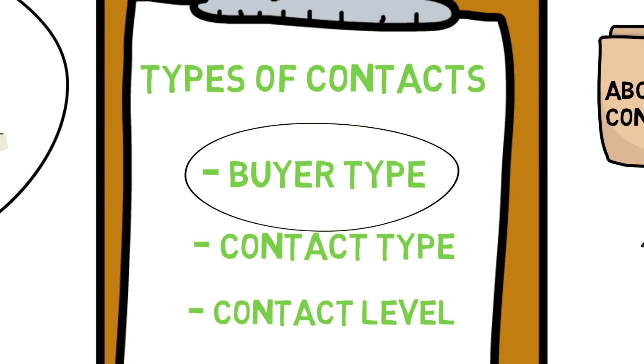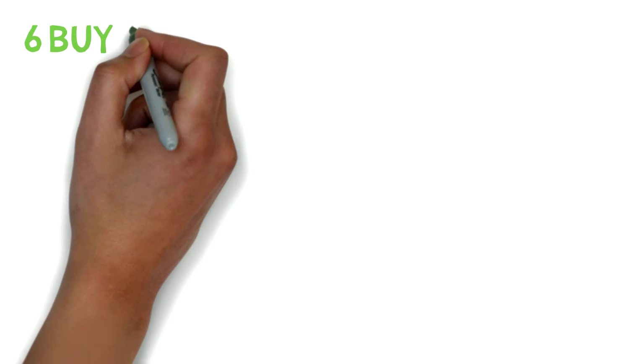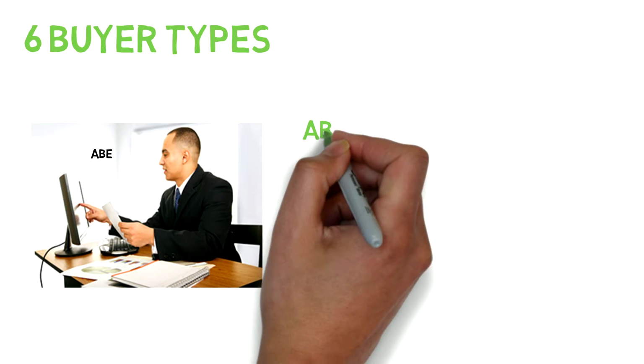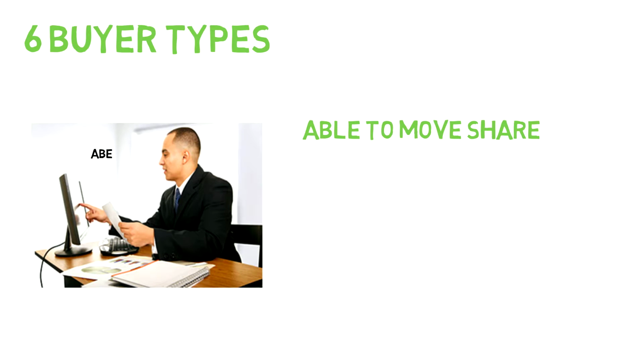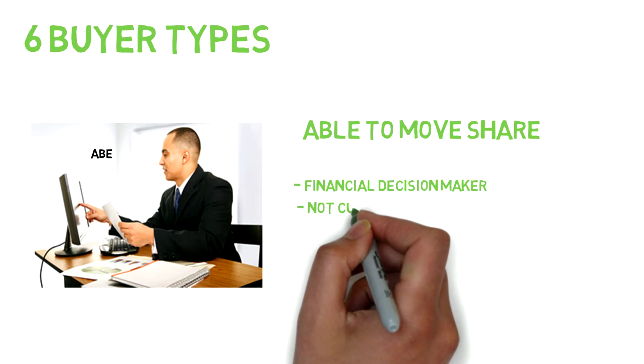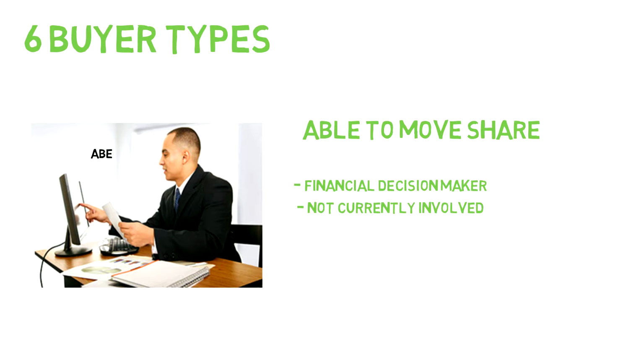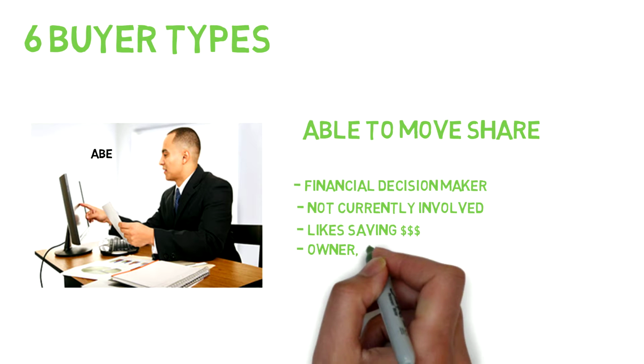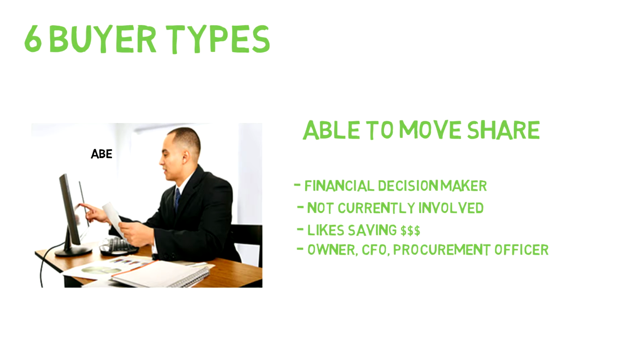Now let's circle back to buyer types. We categorize contacts as one of 6 different buyer types based on their role in selecting hotels. Able to move share indicates someone who has financial decision-making authority over company travel, but is not currently involved in day-to-day decision-making around hotel stays. This person is typically motivated by saving money for their company. Think owner, CFO, or procurement officer, and could play a role in hotel selection if they see a financial upside